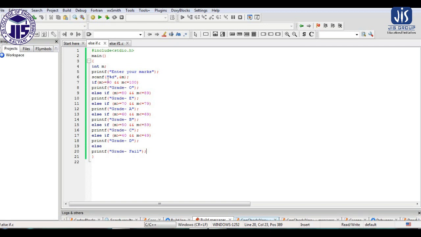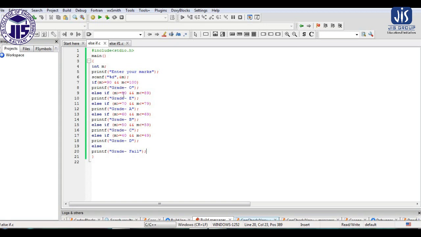The first condition we have applied, two conditions marked with the logical AND operator, that is, the value of the marks is greater than or equal to 90 and less than or equal to 100, then it will be O. So if we have marks of 95 or 96, within this range, then the rest of the conditions we need not verify. So if the first condition is true, this else will not execute, and if this else does not execute, all the following if and else will not get executed.